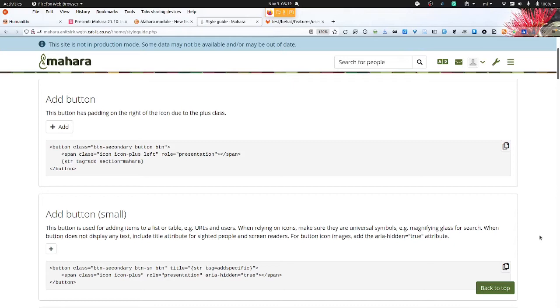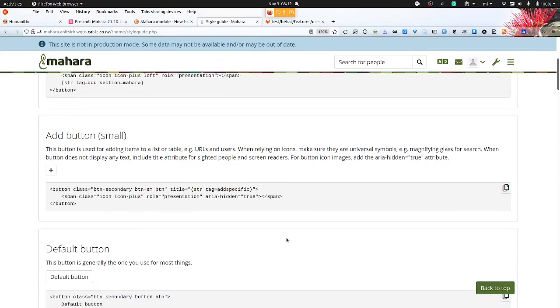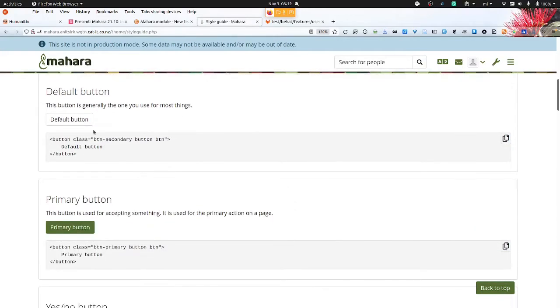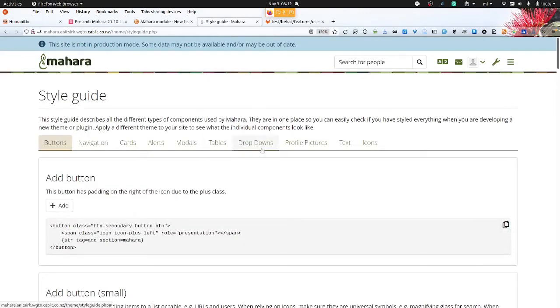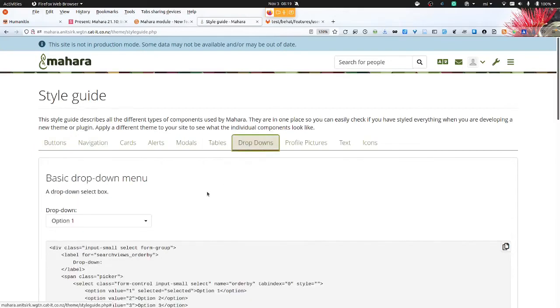There might be a couple of buttons or icons missing here or there, but it covers the visual elements we are using around the site, so that you can see what a default button should look like. What does the primary button look like when I'm hovering over it, when I'm not hovering over it? What do my tables look like, drop-down menus, or profile pictures and things like that?